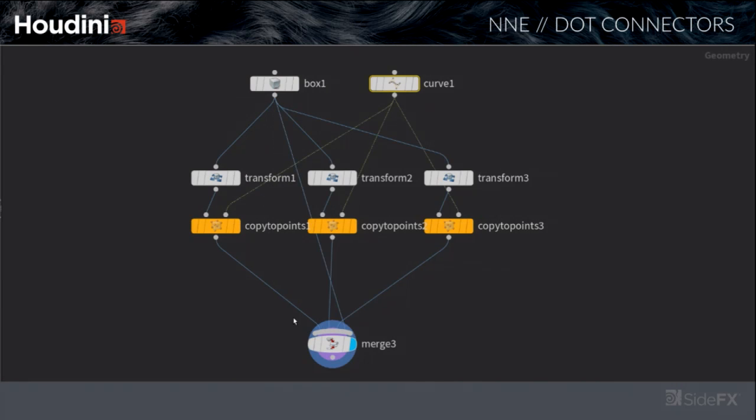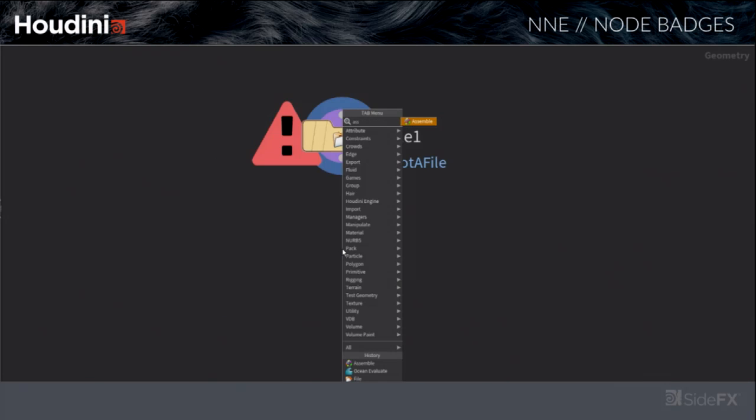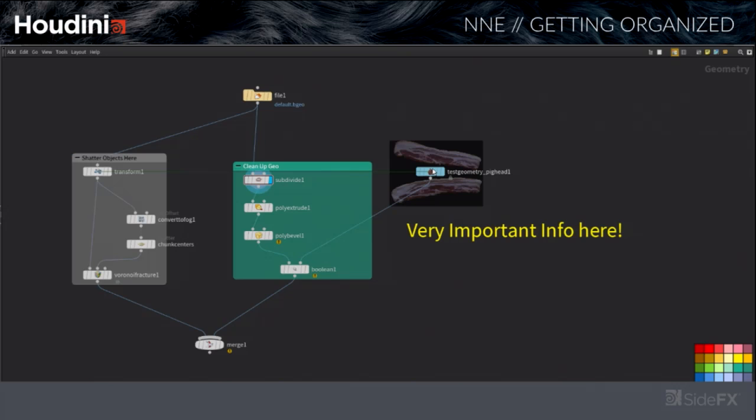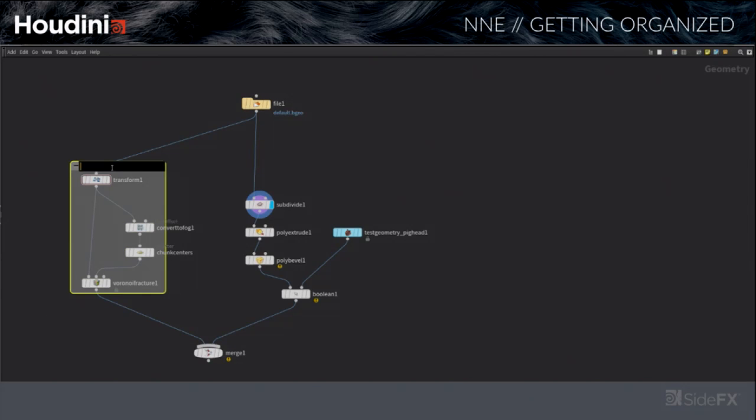Another important thing that we noticed is people trying to avoid wires crossing through things. So we've now added the ability to create what we call these dot connections. And you get the error message here, and the node, the image comes with it. And so now building these networks that need to be documented and handed off to other artists becomes much more possible, a lot easier. Sticky notes have gotten